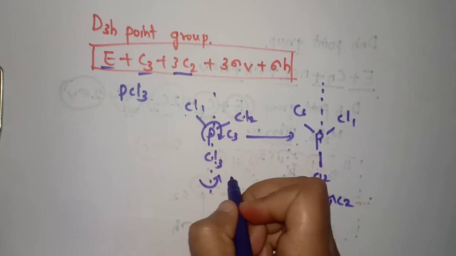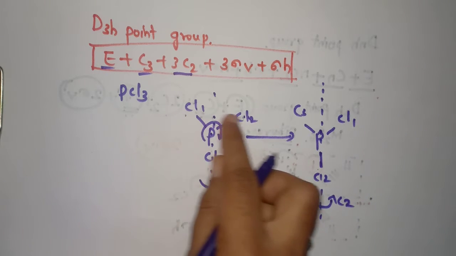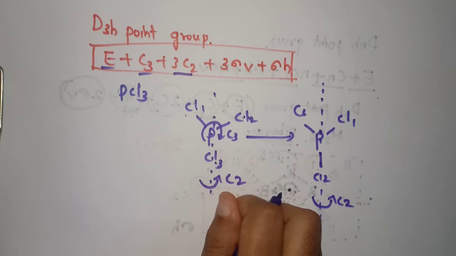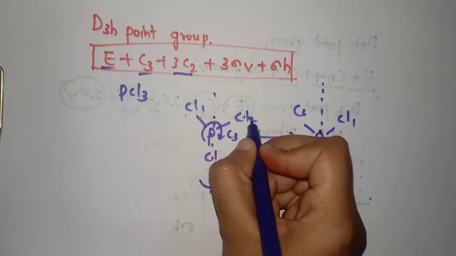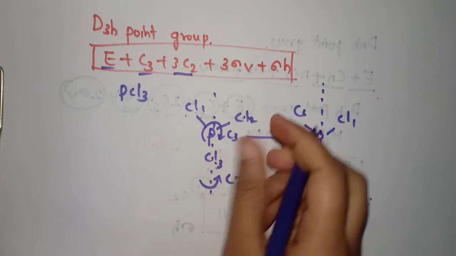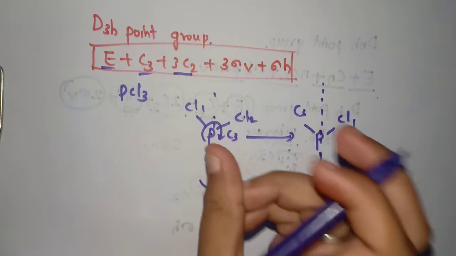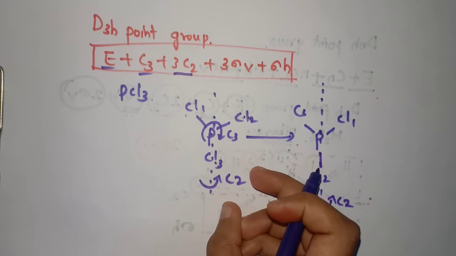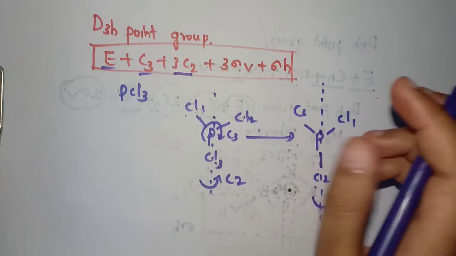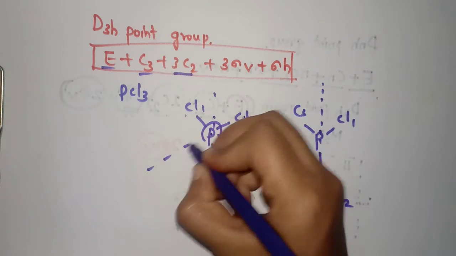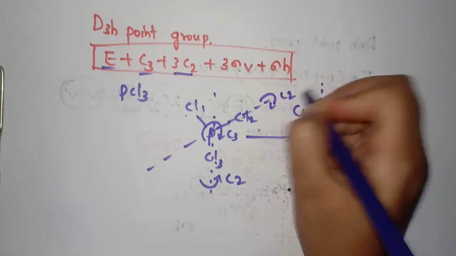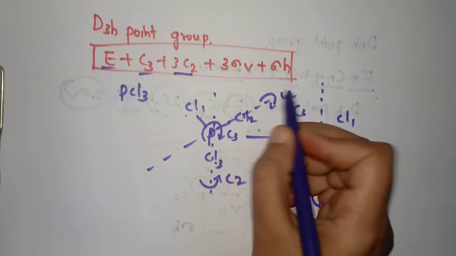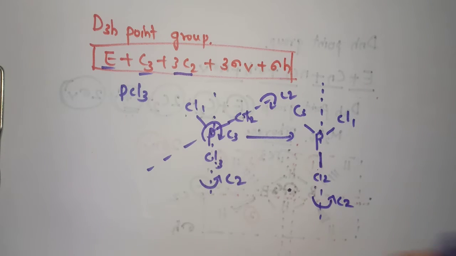If I rotate it by C2, see here, this Cl1 will come this side and this Cl2 will go on that side. And again if I perform another 180 degree rotation, this Cl1, which was present this side, after the 180 degree rotation will regain its original position. That is the C2 operation. If we find one C2 operation, then there are 3 C2. Another C2 is like this. Here is another C2. This is the one half and this is the other half. Rotating the molecule by C2 operations will give an equivalent configuration.